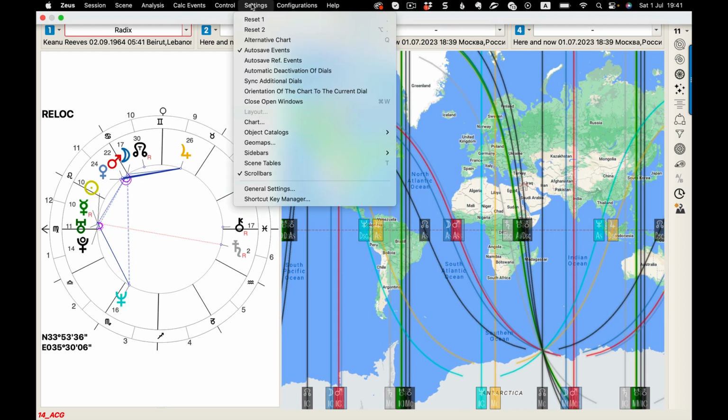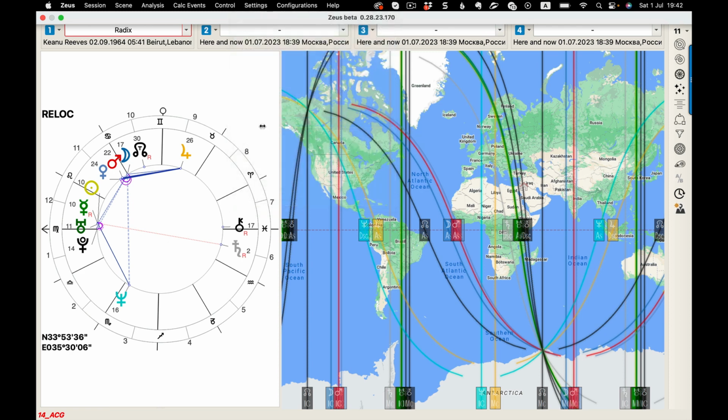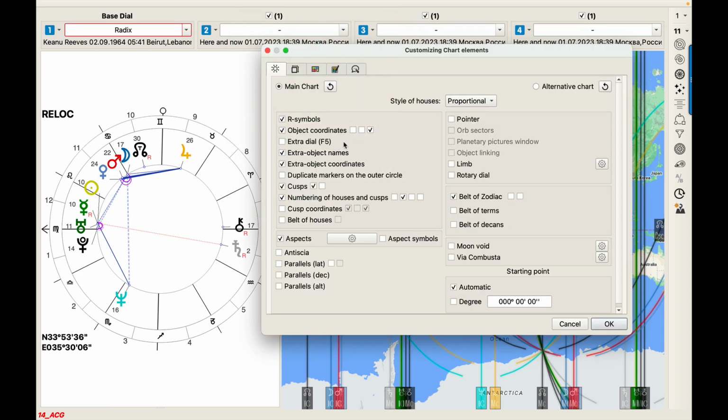We'll go to settings, chart. We'll remove object coordinates because we will be interested in the cusp, angular cusp coordinates only. So we'll add cusp coordinates and make sure that the with minutes checkbox is checked, because we will want to